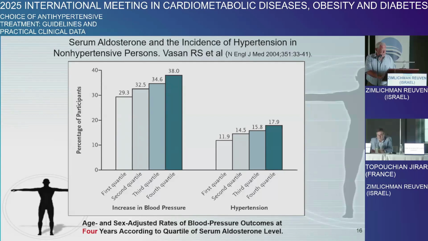So we can prevent development of hypertension. We all know the studies that Steve did with the candesartan. Maybe we need such a study with an aldosterone antagonist. It should be very, very interesting how we can prevent development of hypertension,